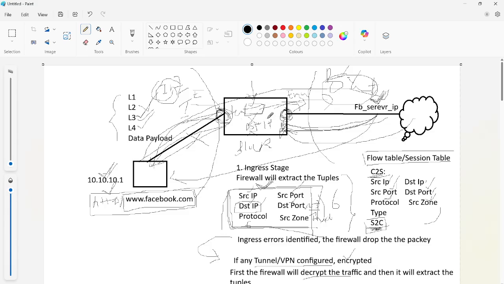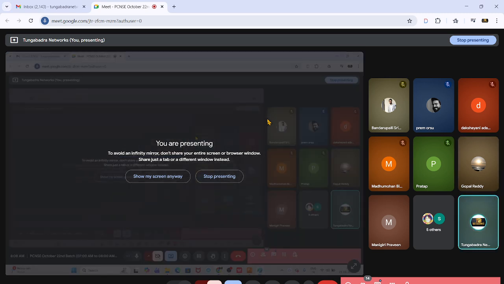I didn't understand your question. Could you elaborate the question once? Your filter in the sense, what are you saying? Firewall is a very costly equipment, right? So if it takes the incoming load and outgoing load, it will be a heavier burden for that firewall. So I just want to cut it by 50%, by only filtering the incoming traffic.